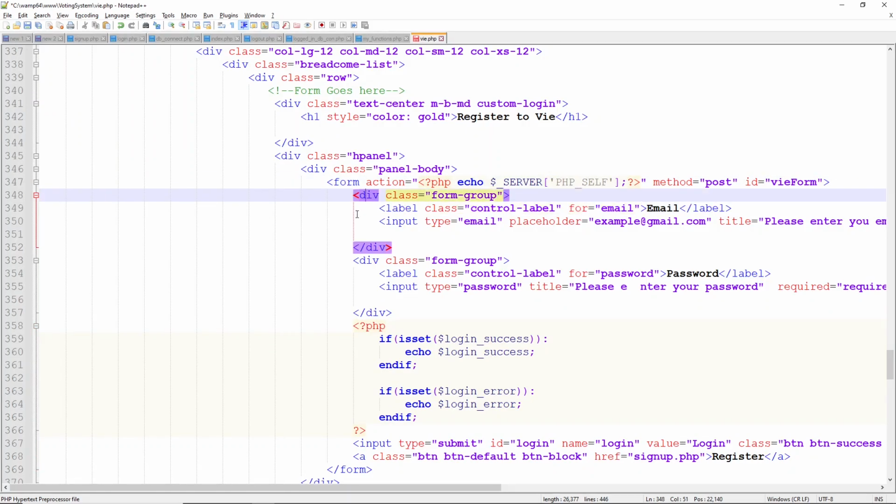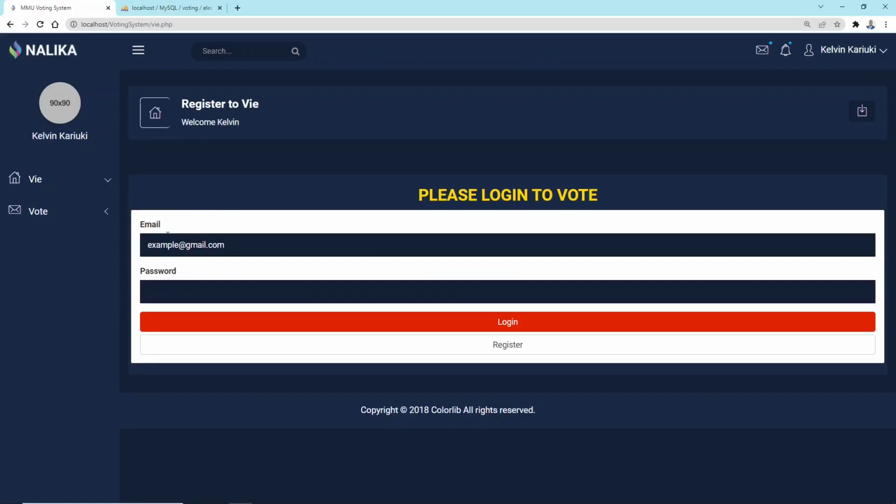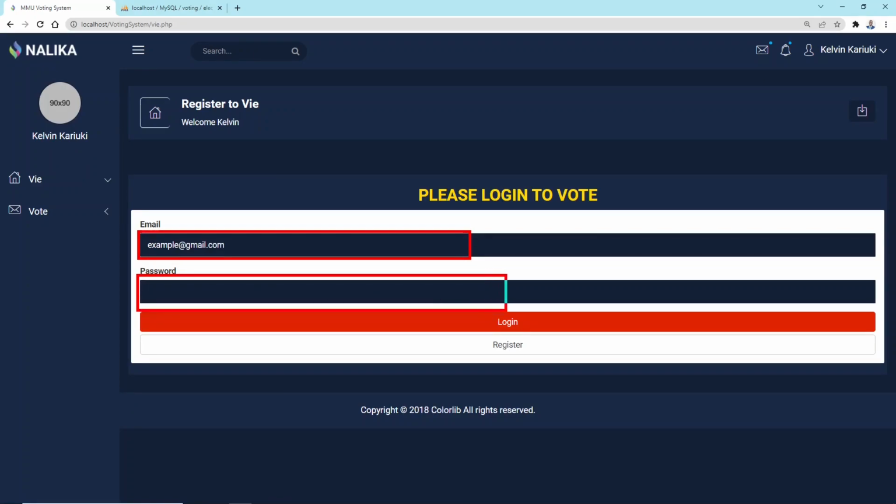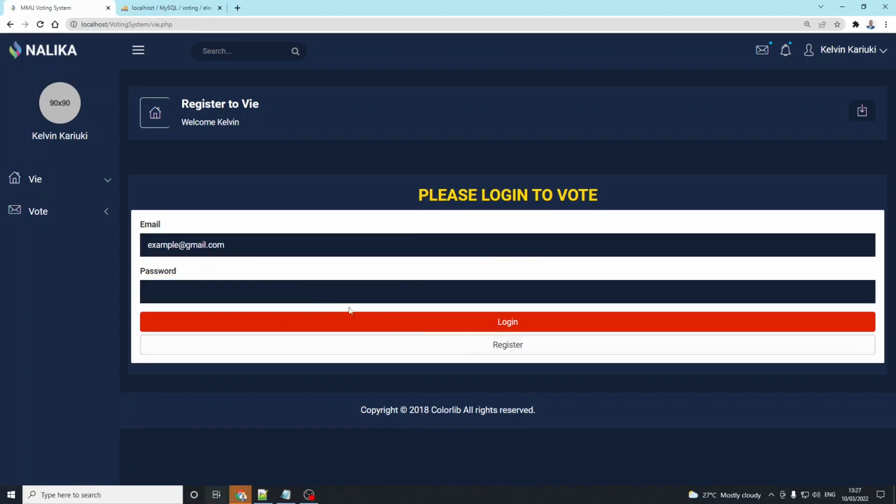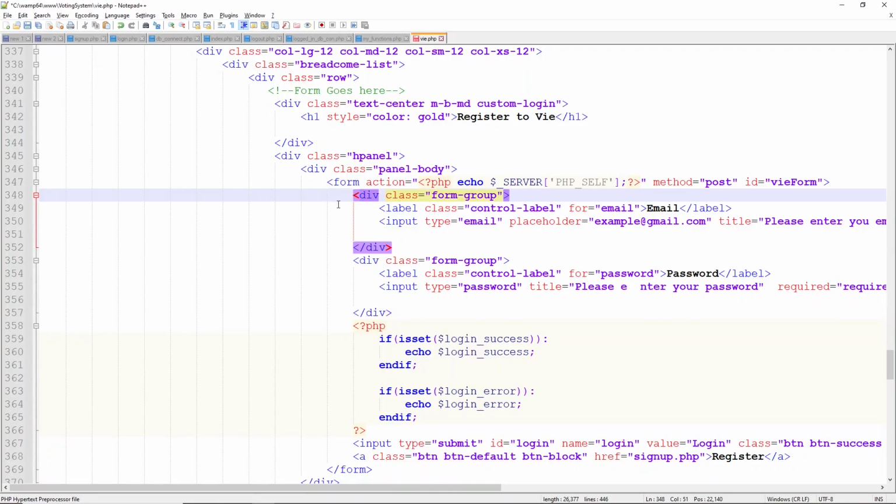We want our form really to have a drop down. It should be a drop down list to select the election. Then here a drop down list maybe to select the position. So that is what we want. Then a register button. So that is what we want. So to do that,